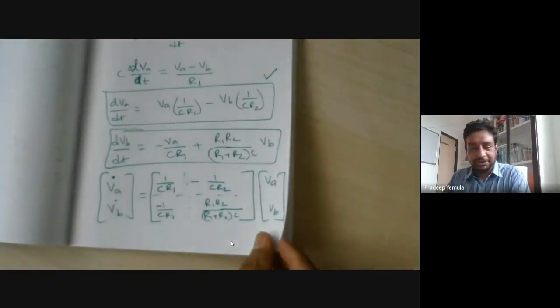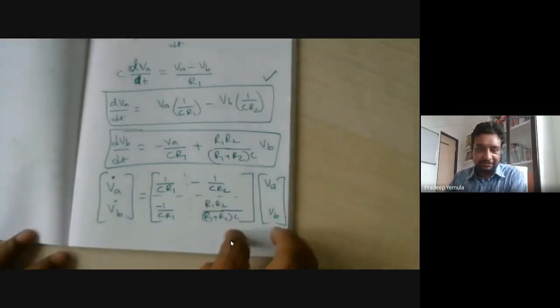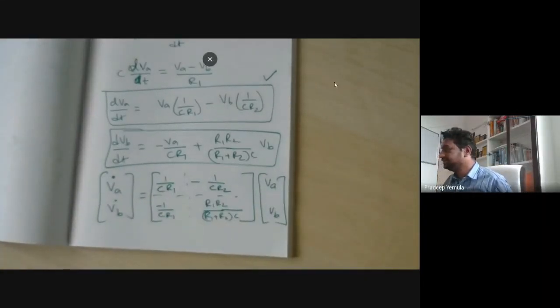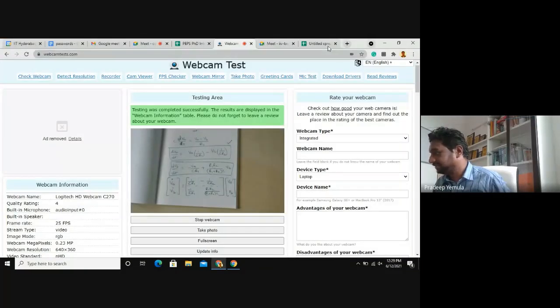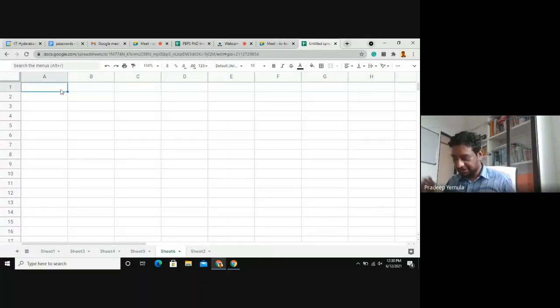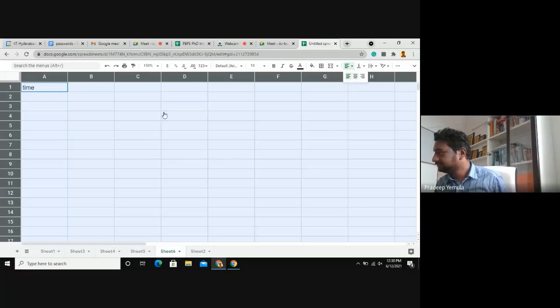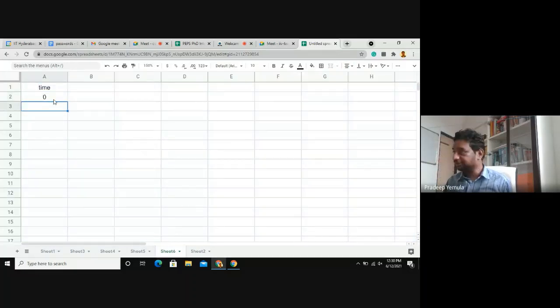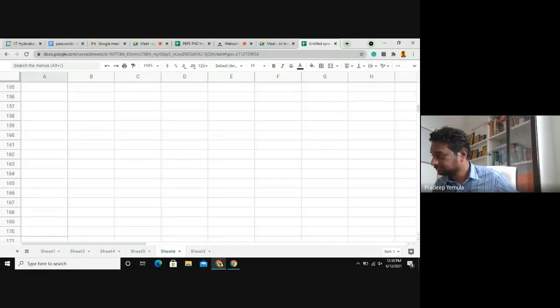Okay. Now what I can do is this. Once I have this formula, I can use it for implementing in Excel. So I go to a new sheet again. Here I start with time. Let's center justify everything. Time I can start with a 1 second time step. I'm doing it for 5 minutes approximately, or maybe 6 minutes.